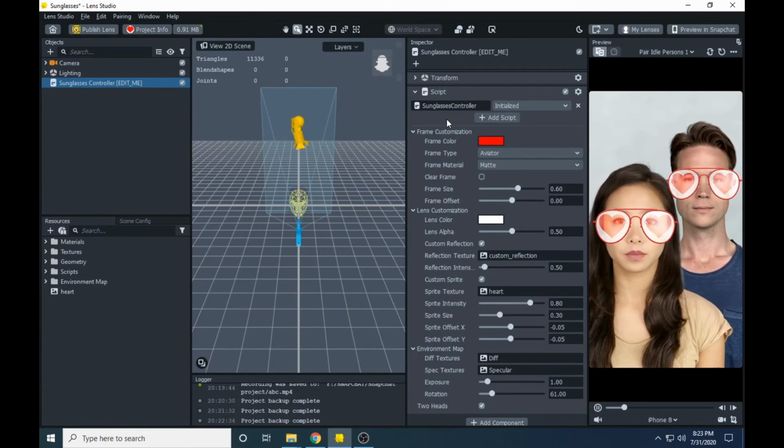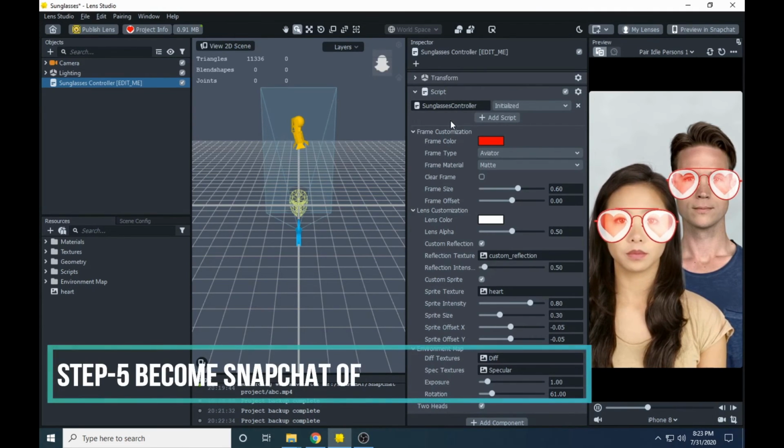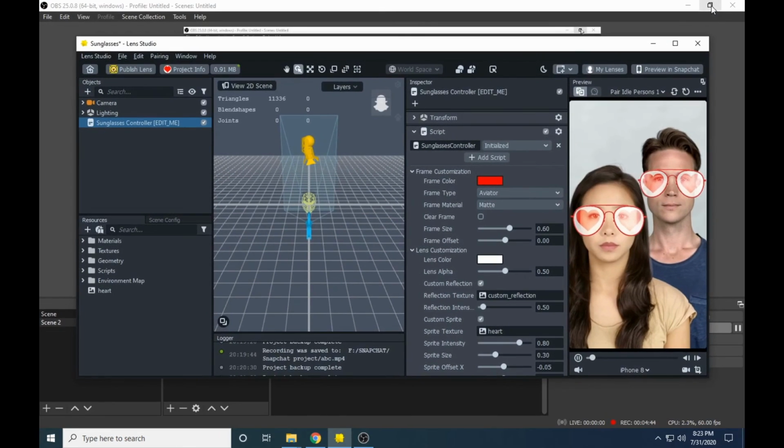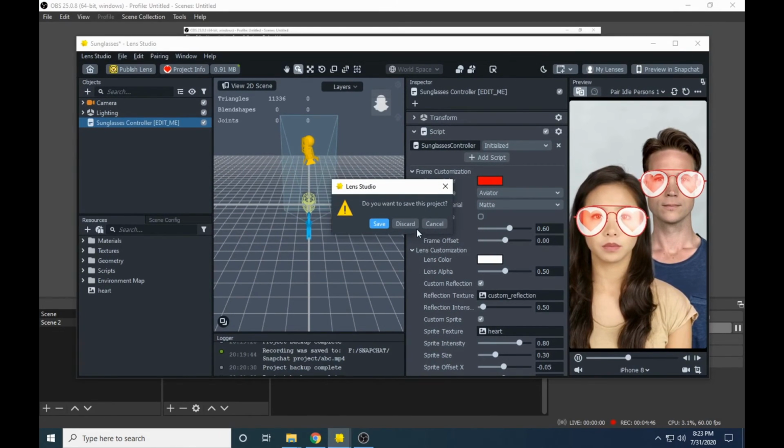So now the last point which we have is how to become a Snapchat official lens creator. Well, I am not an official lens creator, but I have a little experience to give you on how to be a lens creator.